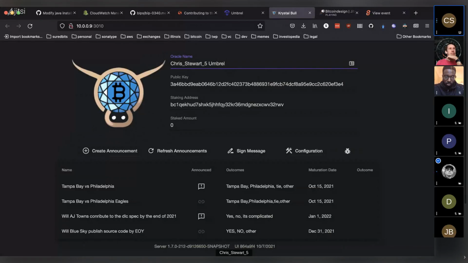Okay, so the very first thing you would do is set your Oracle name that corresponds to the publicly shared Oracle name, so that you can have some long-standing identity with your Oracle. With discrete log contracts, it's a very trusted system. I call it trust transparent. You are counting on this Oracle to say how many people were in the Bitcoin design meeting, for instance, and truthfully attest to what that number is. As a byproduct of that, in our view,